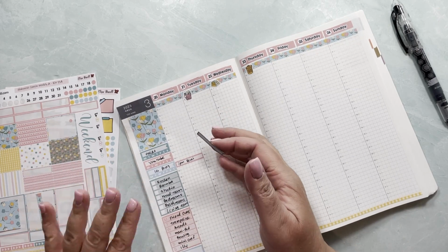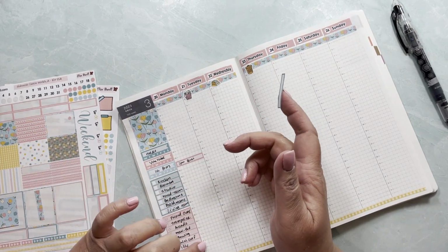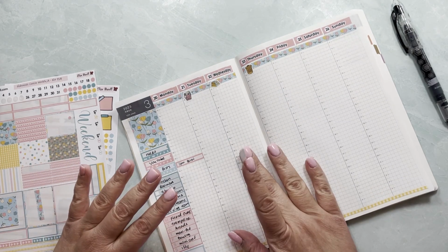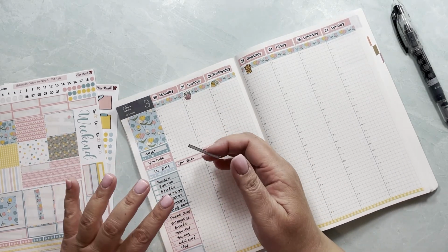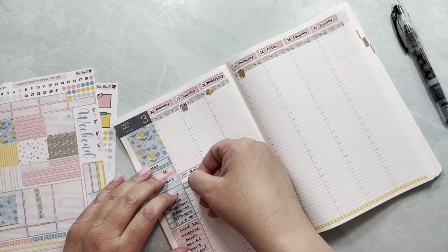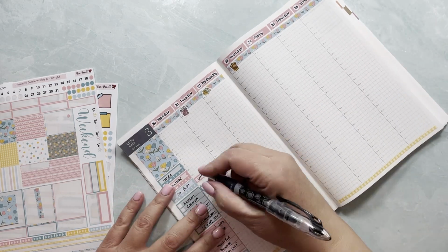Give me your input. Those of you that use the Hobonichi, would you like these shorter so that you can keep track of the time? I just feel that it goes way into the morning, so I'm not quite sure if this can be used as an hourly, like really used as an hourly. I don't know. I'm not 100% sure about that. So this is why I'm kind of not paying too much attention to that. And then